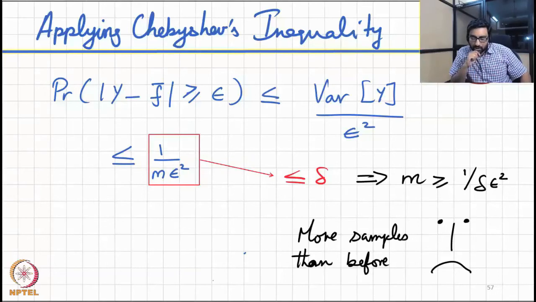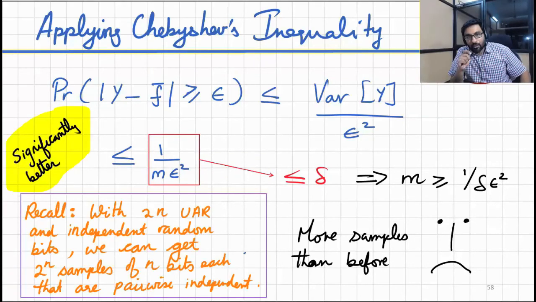So how do we interpret this situation? Well, we have to recall that we can generate a lot more samples using fewer bits when all we want is pairwise independent samples. More precisely,